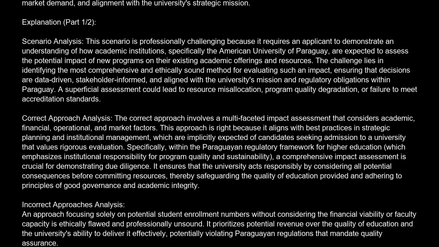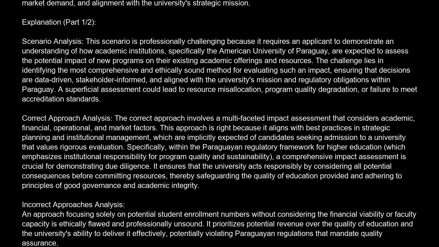Correct answer is A. Conduct a thorough impact assessment encompassing academic viability, financial sustainability, operational capacity, market demand, and alignment with the university's strategic mission. Explanation. Scenario analysis. This scenario is professionally challenging because it requires an applicant to demonstrate an understanding of how academic